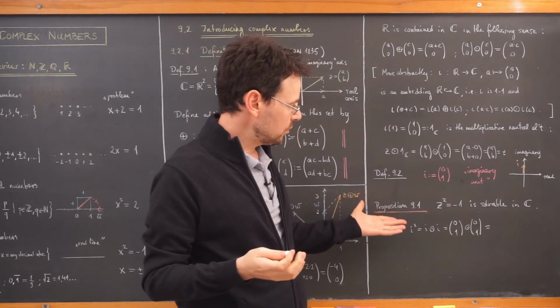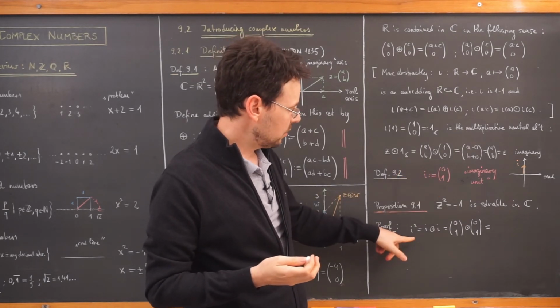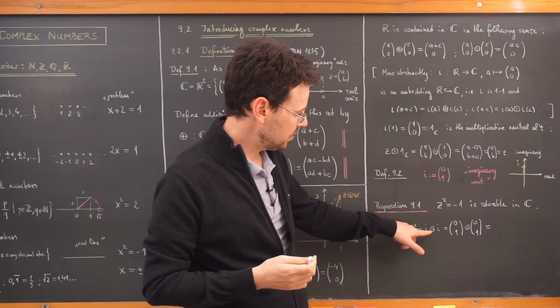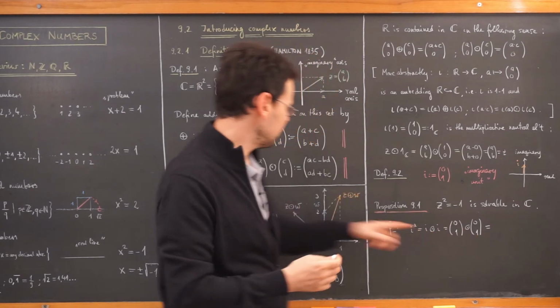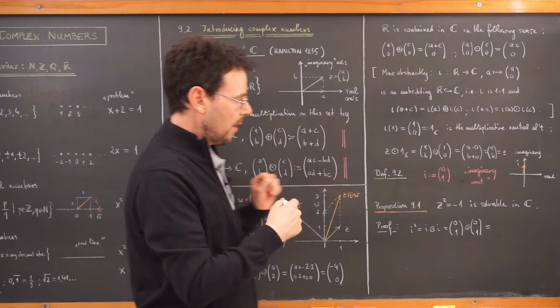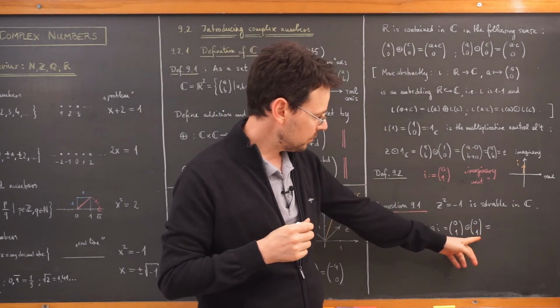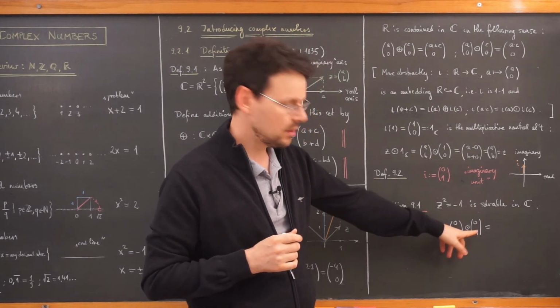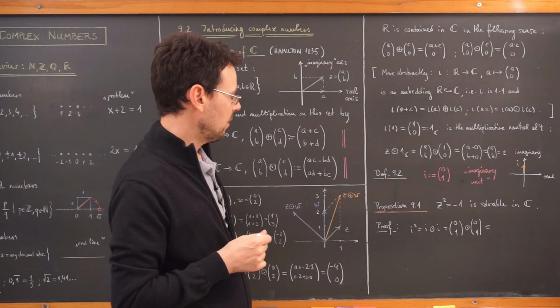One of the solutions is simply this imaginary unit, because if I take i squared, which means i times i, I have to multiply these two vectors using this rule, and I would not want to deprive you of the joy of doing this on your own, so please pause the video and do that, or do it in your head, and you will find